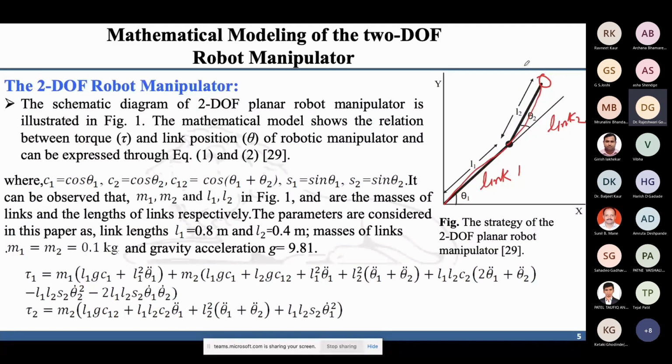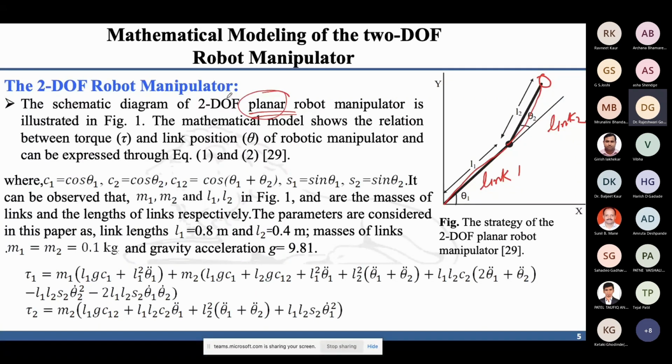DOF stands for degree of freedom, right? If we talk about the definition of degree of freedom, in layman's terms, we can say it is in how many directions it will travel. That is your degree of freedom. Very layman definition, right? I'm not going to the theoretical definition. Okay. So this is your simple 2D because it can move in a plane, in x and y. That's why it is a 2D plane. This is a planar robot, simply planar. It can move in a plane. That's why its name is planar, right?